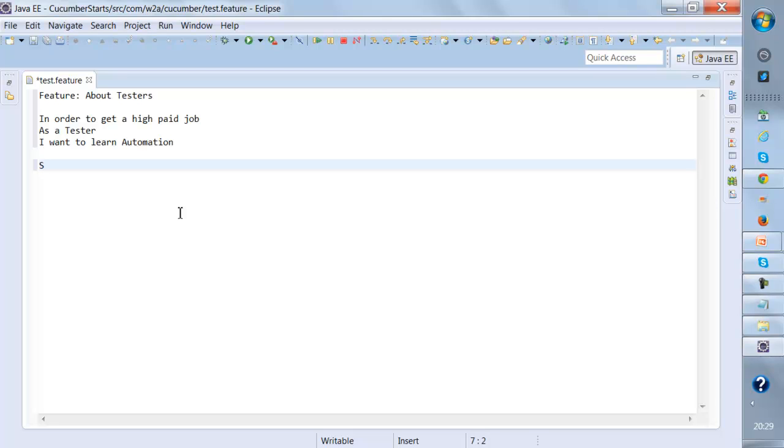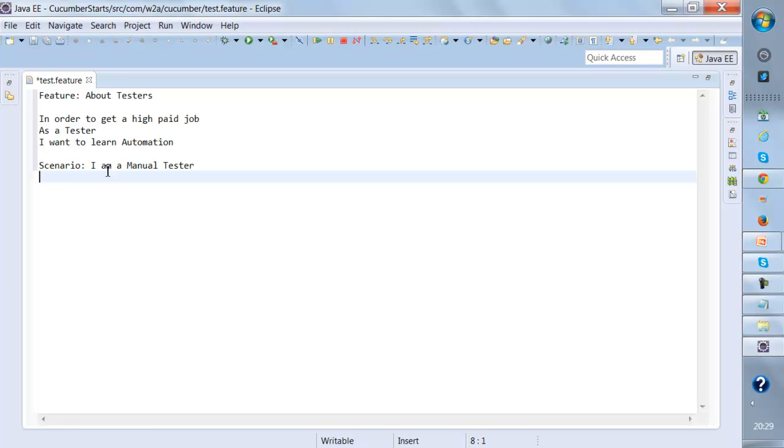Now how a scenario will go, I'll write scenario. Each and everything over here that you see, this feature, in order to, as, I, scenario, all these things should be case sensitive because these are hidden keywords, right? So the scenario is that I am a manual tester, and I'll write, given I am a manual tester,